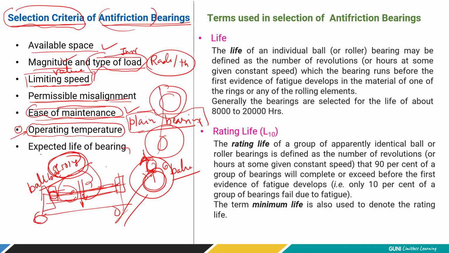And the last point is expected life of bearing. Now, what is this? Let's say you have started your water pump at home. It has an armature, rotation, and bearings on the left side and right side. If you keep it switched on for 1 month, it's a virtual condition, right? You cannot keep the water pump running continuously for 1 month at home, right?